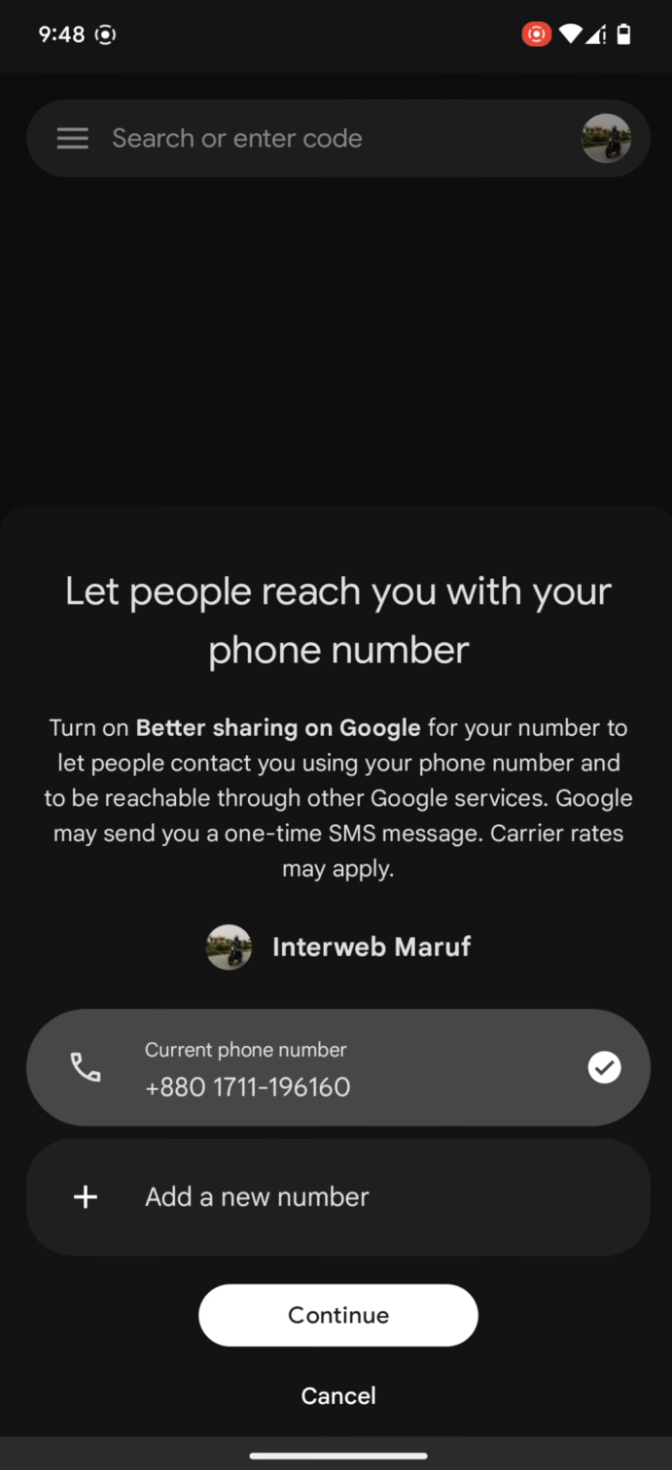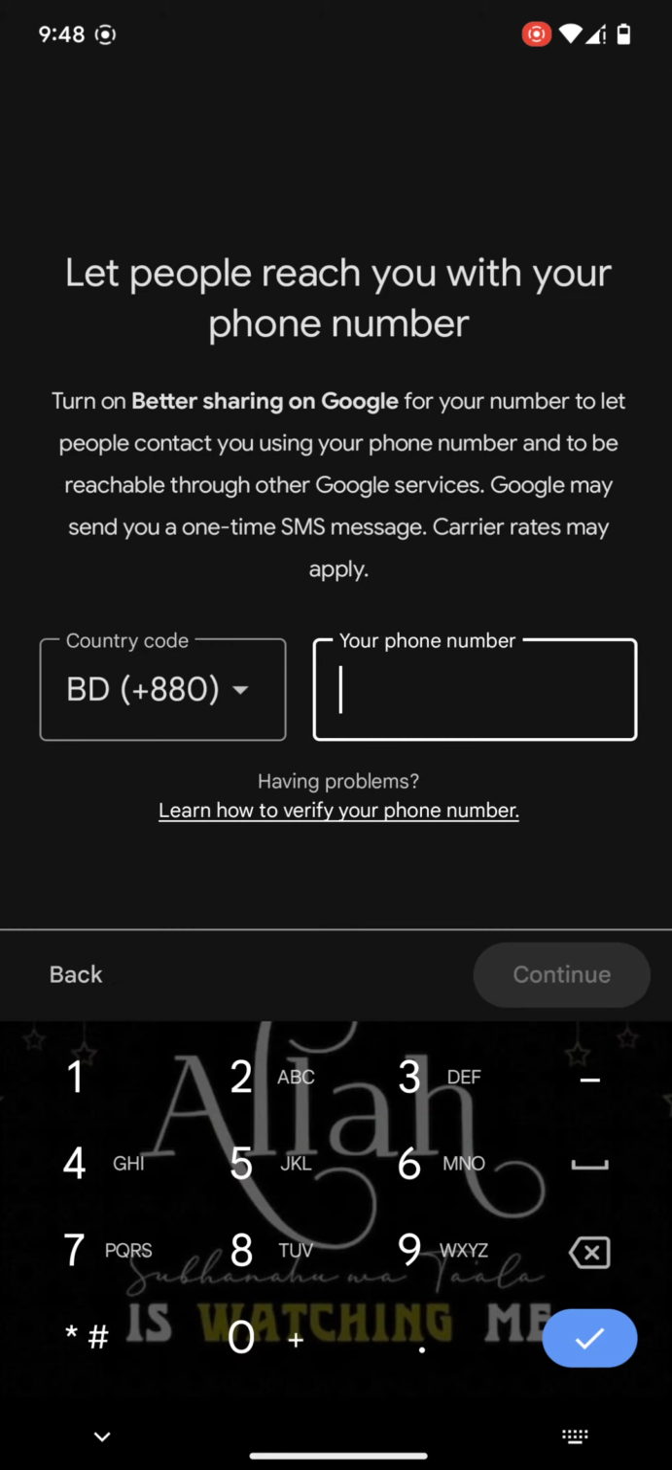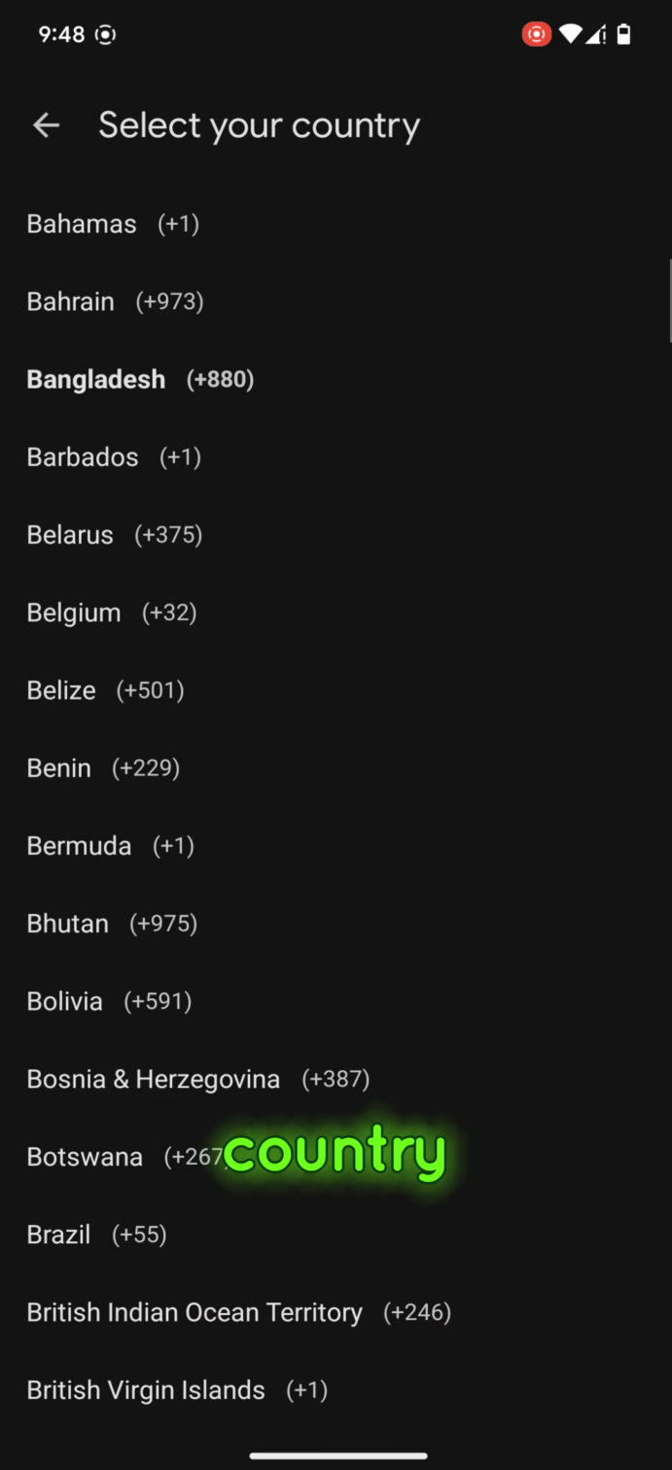Tap here. Here it says let people reach you with your phone number. Which one is your current number, and there is an option to add a new number. Tap add a new number. Type your number with the country code, whichever country you are in,